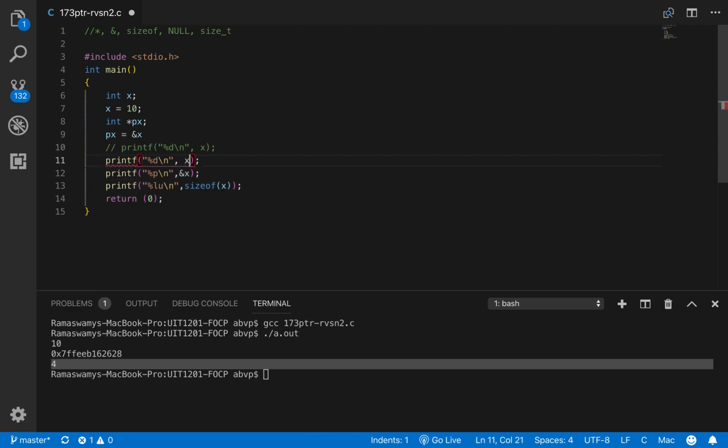Now let us comment this line and print the value of x, but this time using the pointer notation. So *px. Using the asterisk operator, we can print the value at the address. So *px will print the value at the address of x, which is 10.